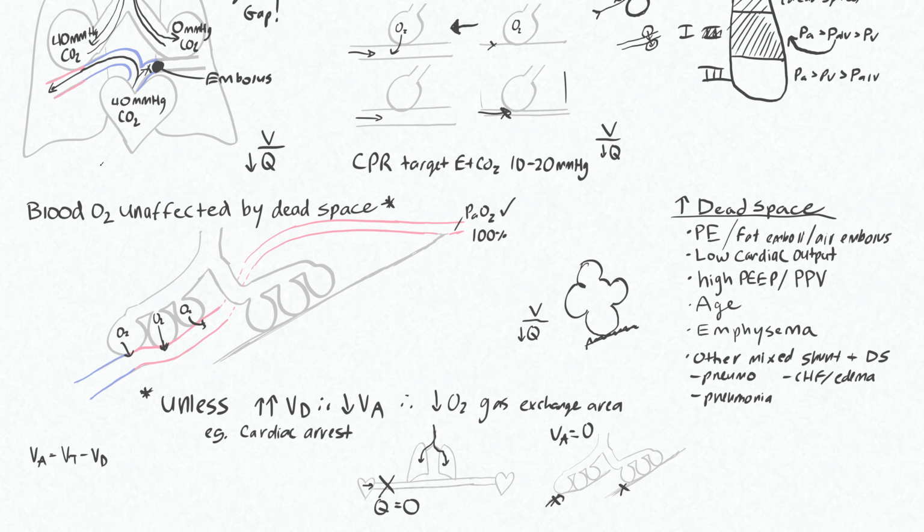So that's interesting and good to know, because you could have someone presenting with a PE who does not have hypoxemia, and that's actually very consistent with the mechanism of dead space. But you can get hypoxemia with a PE, and that could be because of decreased alveolar ventilation, or you also